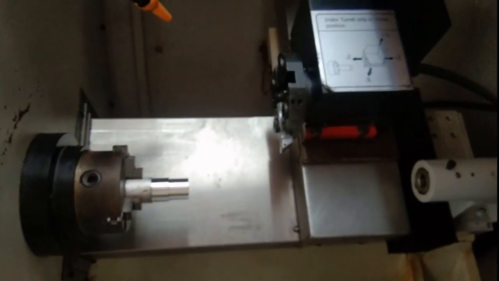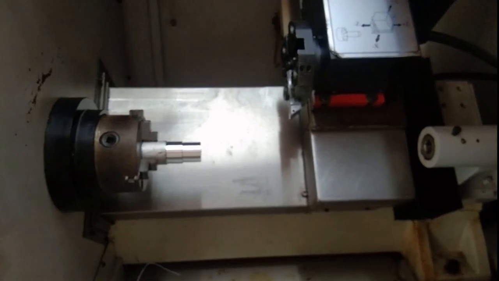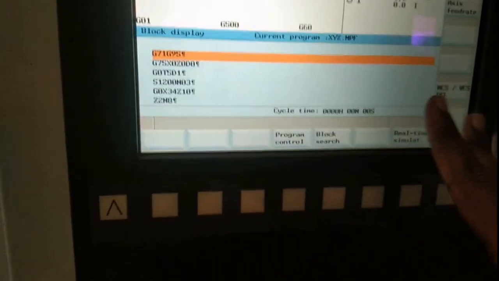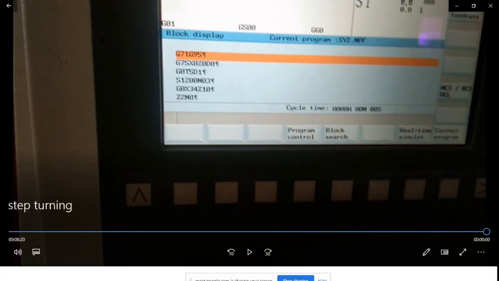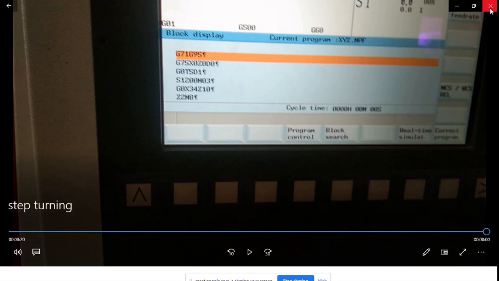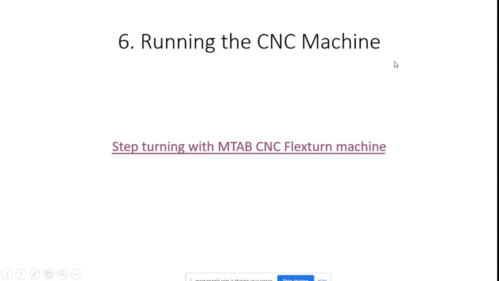Now the program is stopped, and the program run is regained. You can fix another job for further operation. From this, we can produce n number of parts within one day itself. From this, we can achieve mass production. So now we can replace the workpiece in the three-jaw chuck, perform the same program n number of times, and produce n number of parts on the same day. Now you can understand how we can run the program for producing the step turning in a CNC turning center. Okay, thank you.